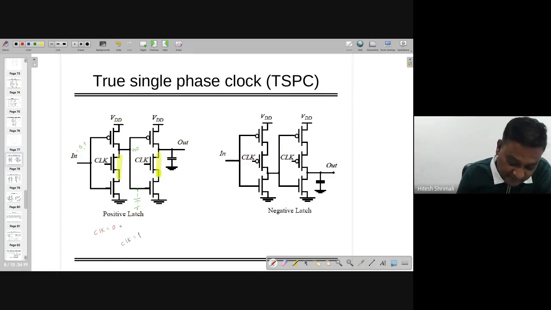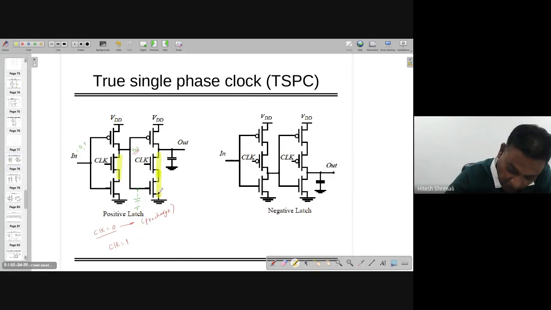So in the previous time when clock equal to 0, both the nodes were connected to VDD. Such kind of structure is as good as we are pre-charging that node to VDD. Whereas in the next stage, when clock equal to 1, when both of them are making the connection, what is going to happen? Now it's dependent on the input data. When input equal to 0, of course, output is VDD, and consequently, if it is VDD,